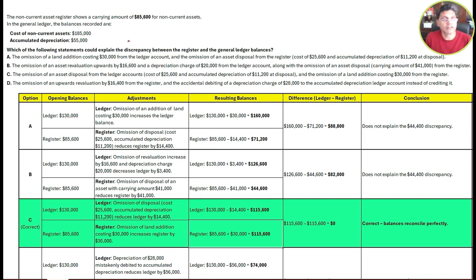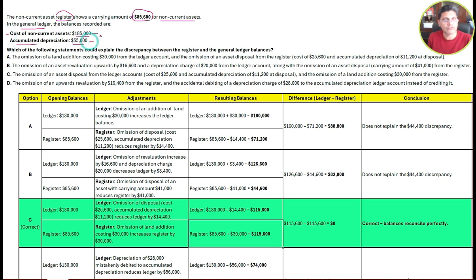Okay, let's move on to this particular question. The non-current assets register shows a carrying amount of $85,600 for non-current assets. In the general ledger, the balances recorded are the cost of non-current assets $185,000 and accumulated depreciation $55,000. Now you are given the non-current asset register balance as 85,600, where all the detailed assets are recorded in the register, and in the general ledger you are given the cost as 185,000 and accumulated depreciation